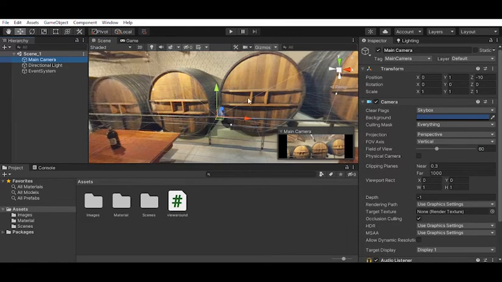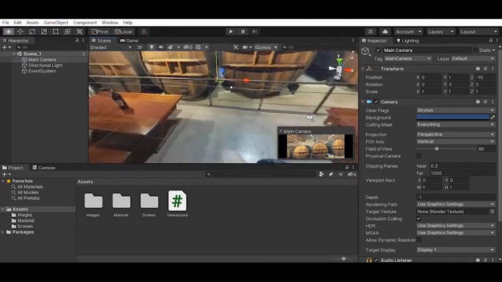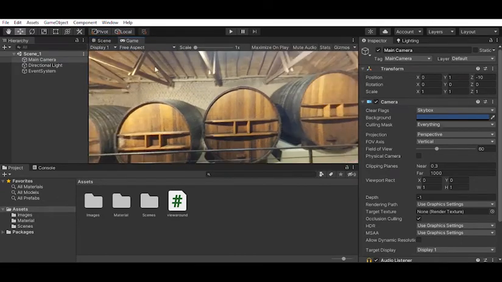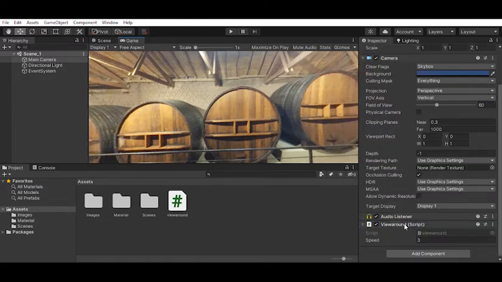As you can see in our game editor view, we can move around freely, but we couldn't do it in the game view. So what we have added now is a script that allows Unity to understand that once we're in game view, the camera should be moving freely,